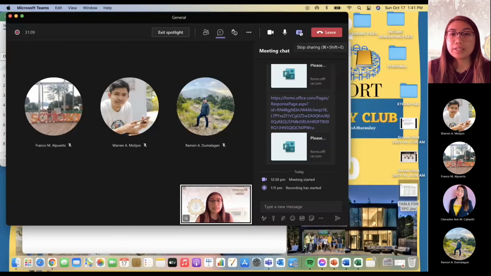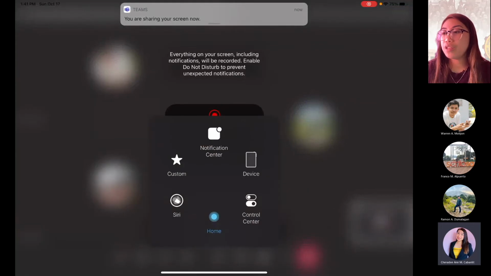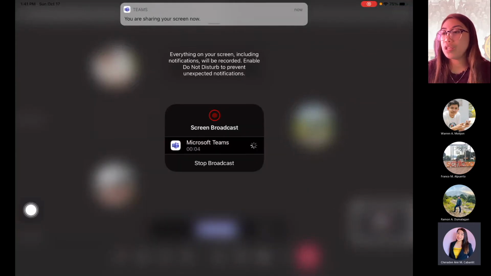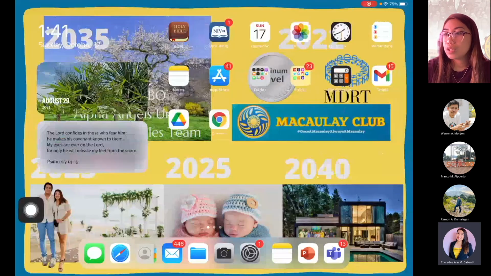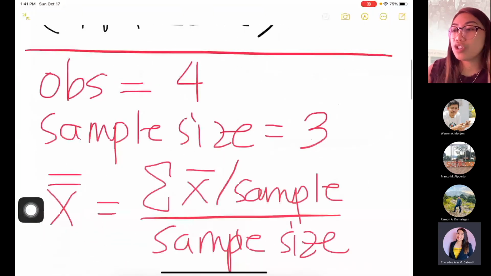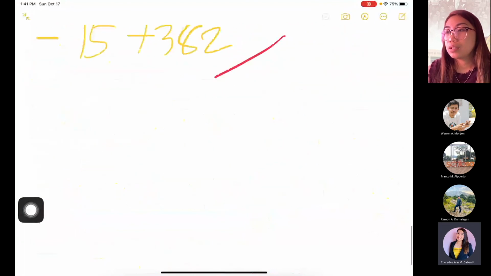So, let me go back so you can see how it was computed. Let me share again from here. So, as for the R chart,